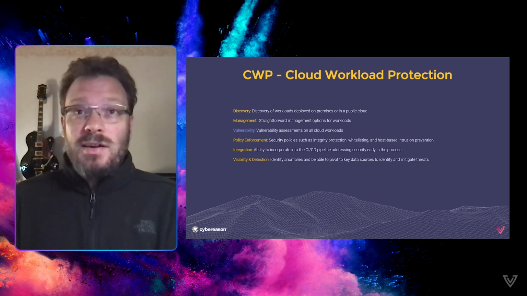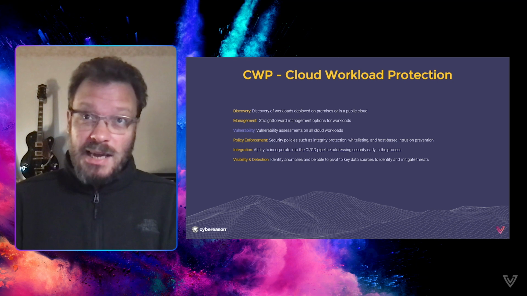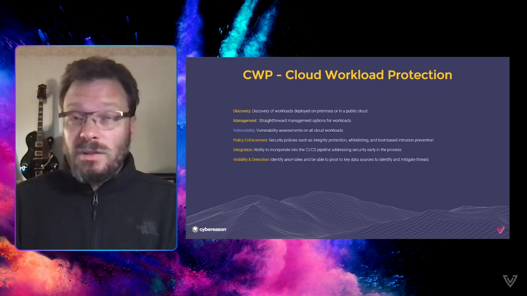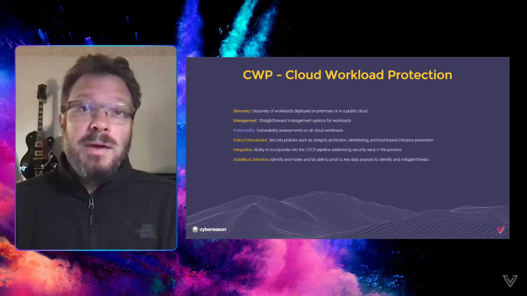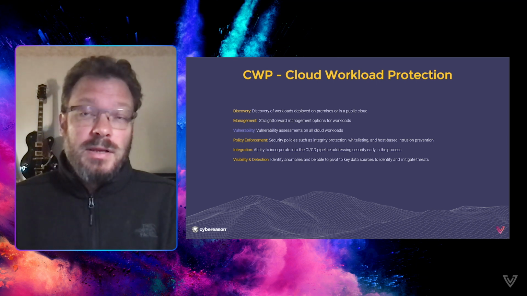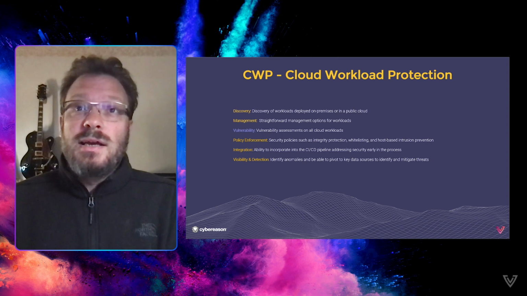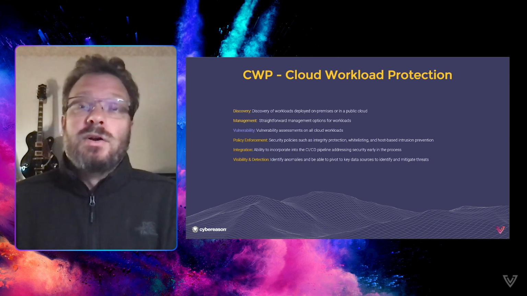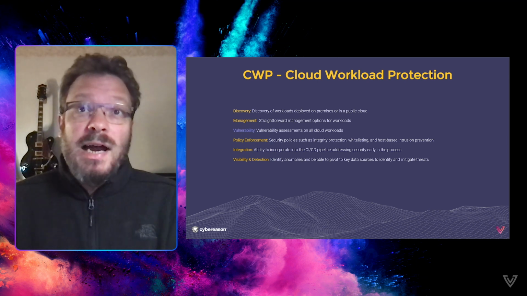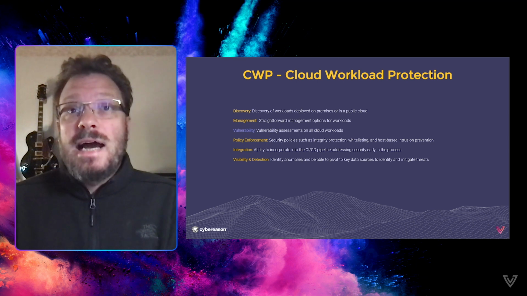Visibility and detection. So when you identify something malicious, having an agent that can identify that is going to be really helpful. Because oftentimes they can actually take automated actions to mitigate some of the threat. And the faster you can identify and remediate that threat, the less likely you're going to suffer from any sort of downtime. You're also going to be able to stop that attacker in their tracks. So you may be able to stop the attacker before they